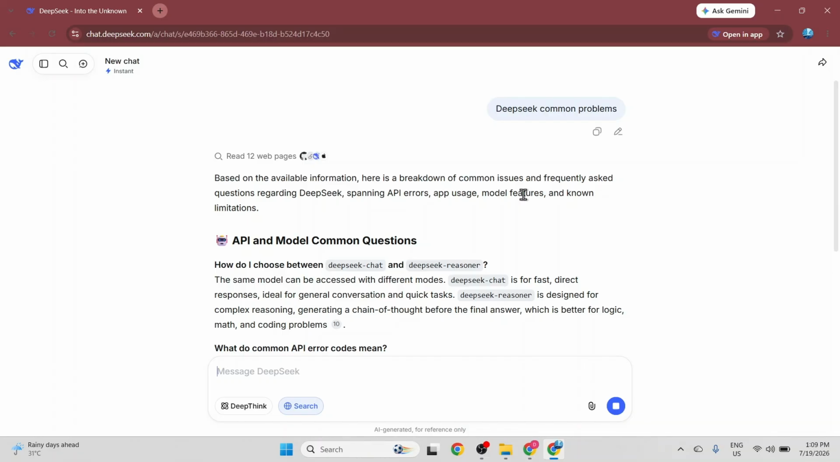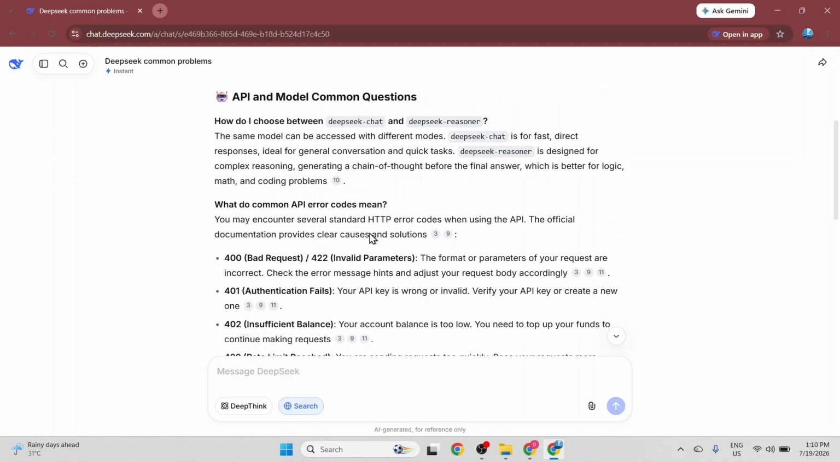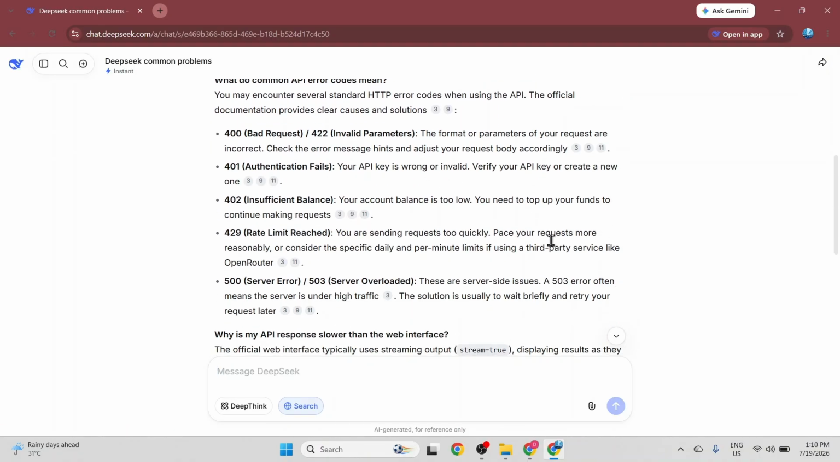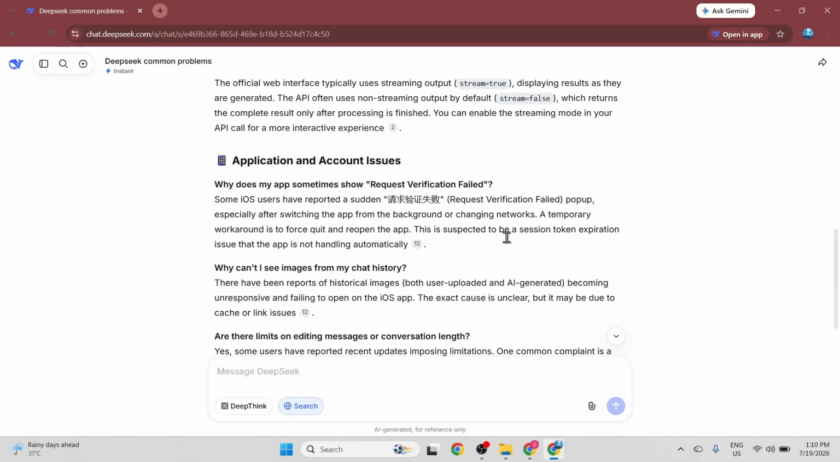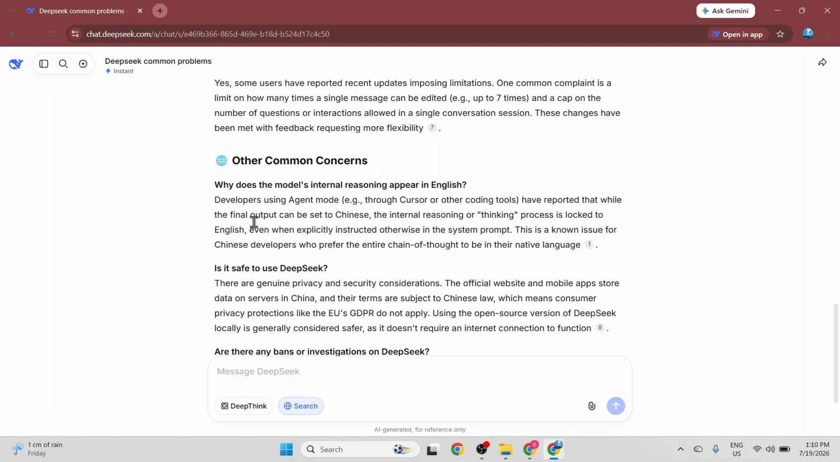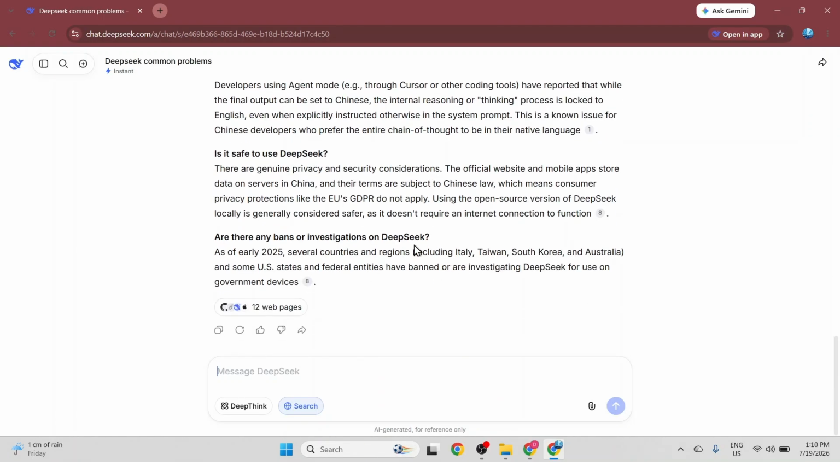I scroll down slowly to read through the details, noting the explanations for common API error codes like 400, 401, 402, 429, and 500. I keep scrolling down to review sections about application and account issues, missing chat history images, and conversation length limits. Since a cluttered browser cache can sometimes cause loading or interface problems, let's look at how